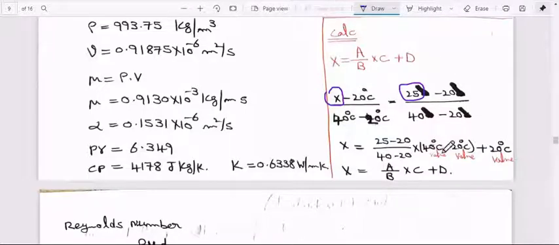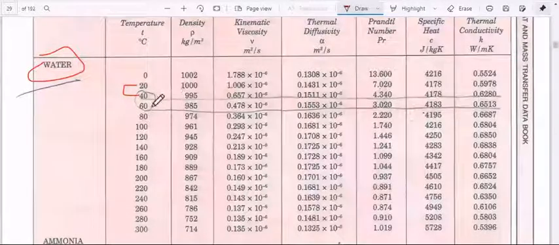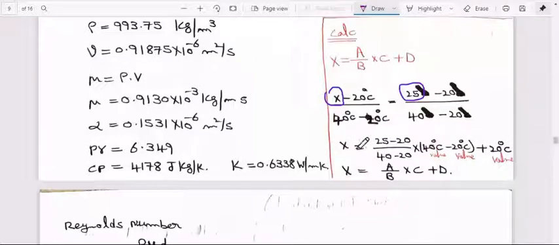So 40 degrees value minus 20 degrees value plus 20 degrees value. We need to substitute these values in this equation. After substituting, I'm considering the 40 degrees value is 995 and the 20 degrees value is 1000. We can substitute these values in this